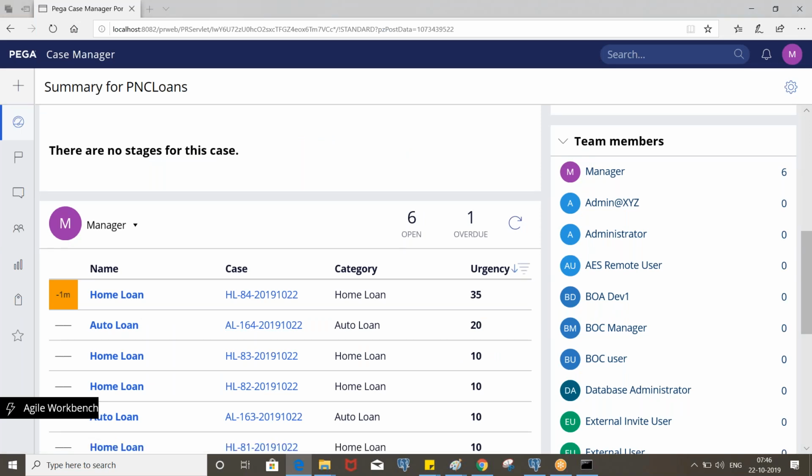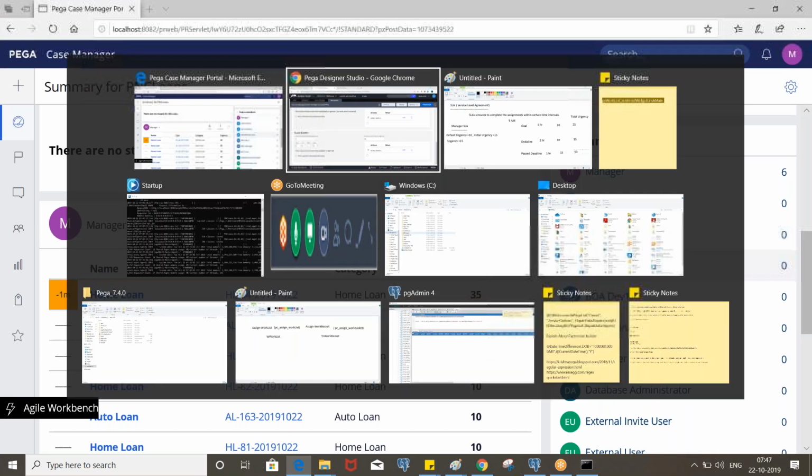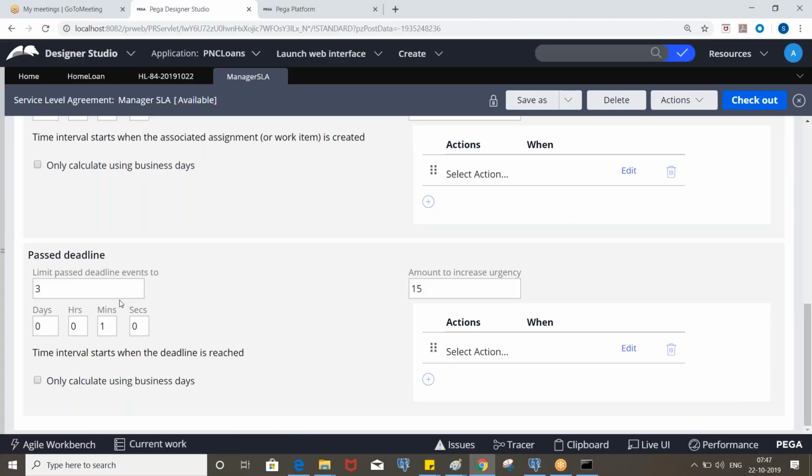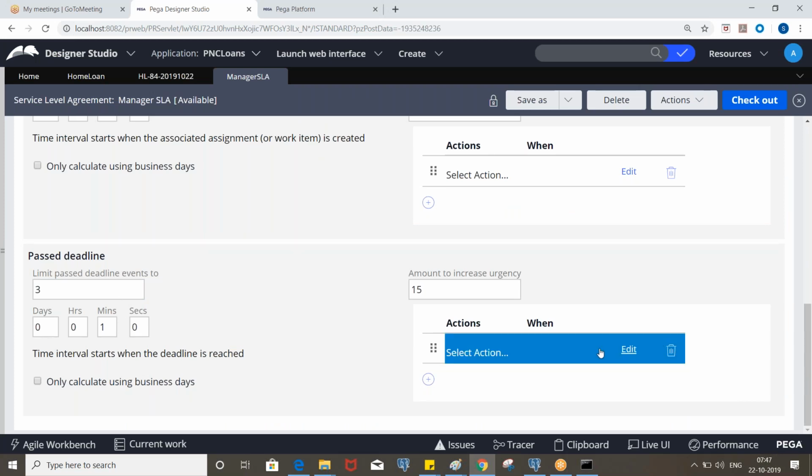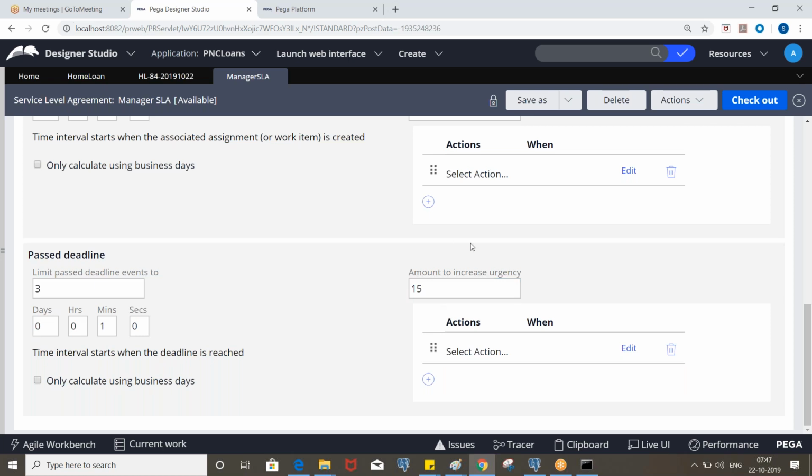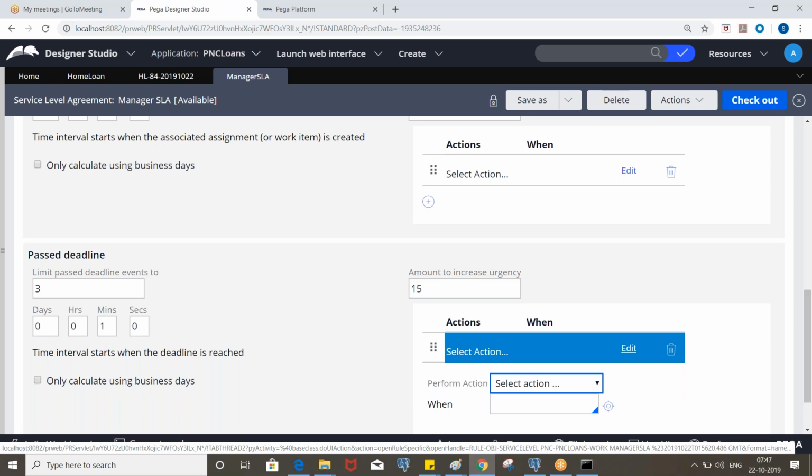Likewise, the urgency will be incremented. And here, in the pass deadline, for every 1 minute, for a maximum of 3 times, it will execute. So urgency will be incremented, and if we invoke any action here, that will be performed 3 times.